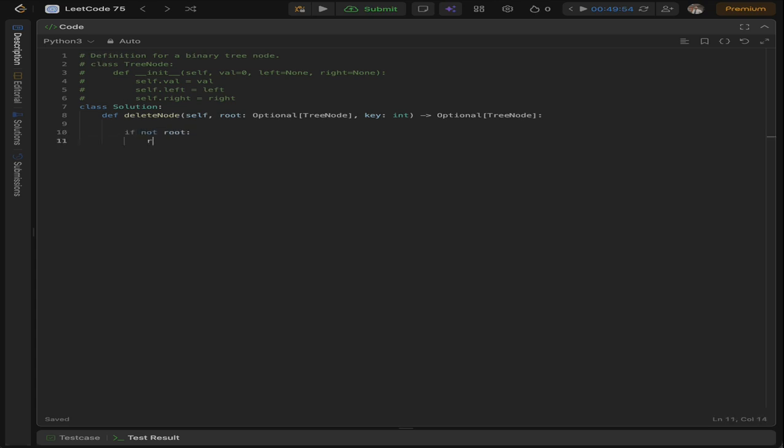If not root, if we have reached the end of the root, or in the beginning there was no root, we'll just return None. So as I said, there are two problems. First, we have to find the node that we are trying to remove. So if key is greater than root.val, meaning the node will be in the right half, because it's a binary search tree, we will write root.right is equal to self.deleteNode(root.right, key). So basically we are making a recursive call, trying to find the node in the right half of the current node and also delete it,